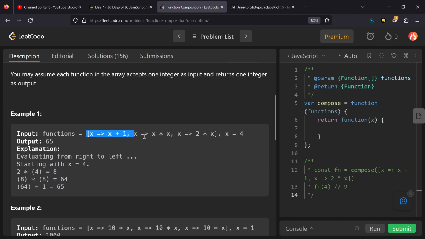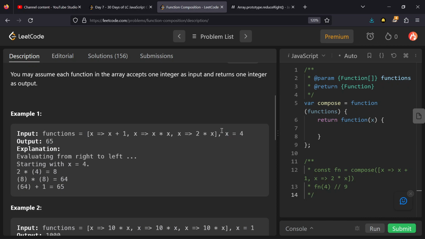Here we have input this array of functions and x as 4. So first we call f of x, and inside this our parameter will be this function, and for this function our parameter will be the last one, and we start resolving from the last to first.